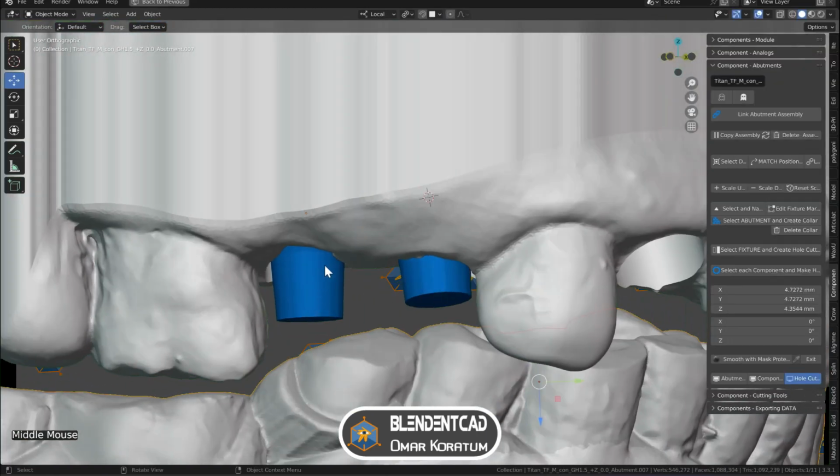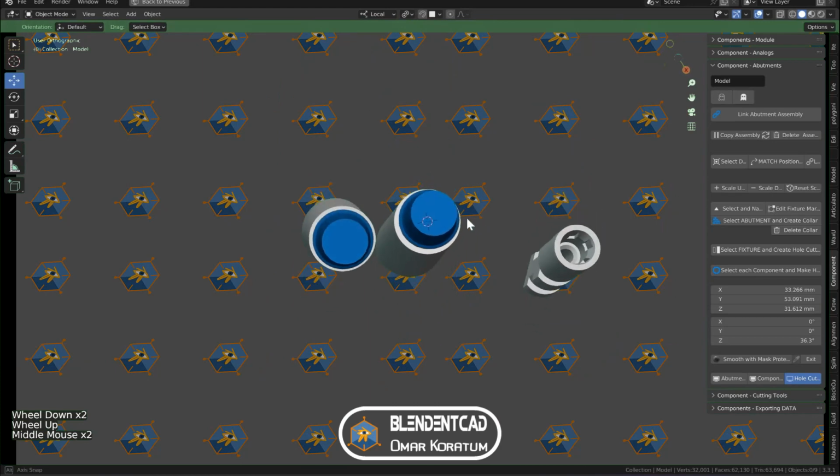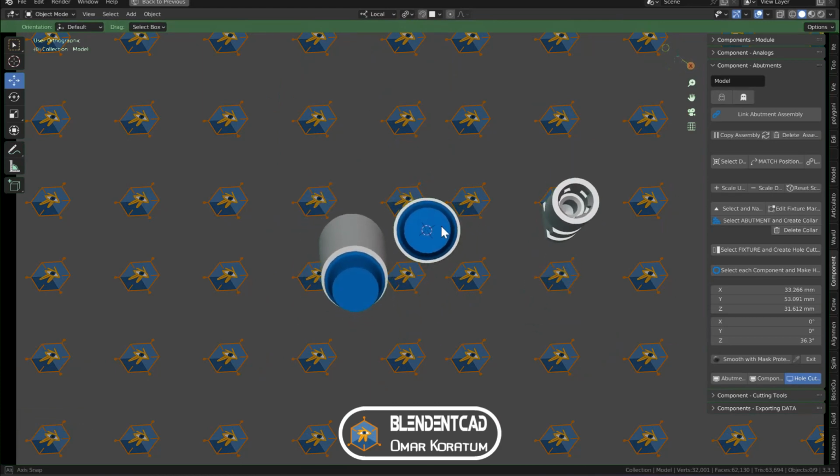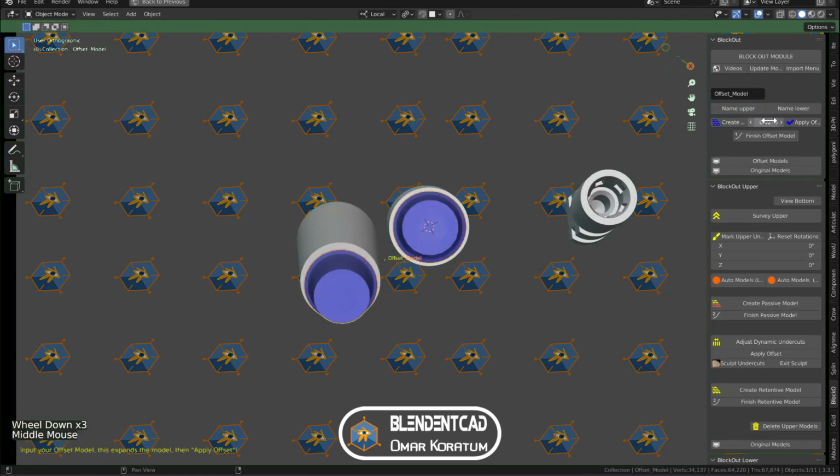So after we have reduced the abutment height for the second abutment, we now have a problem that still, after all this, there is no common path of insertion for the abutments. Now we are going to go to the Blockout module, and before proceeding with the Blockout module, we are going to select both of them, duplicate them, and then join the duplicates, and then proceed with the Blockout module. We don't need any minimum offset,